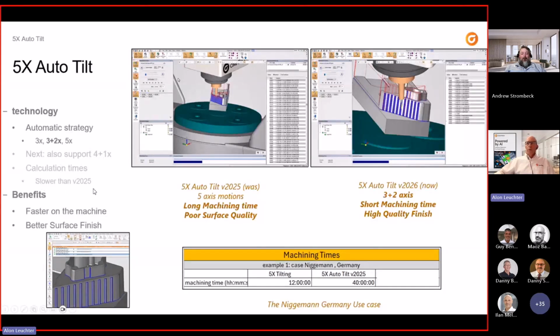You can expect calculation time to be slower than V2025, but it is still within an acceptable scope, and it's still most of the time faster than their own 5X tilting. So this is a major improvement, and you can play with it, test it, and recommend it to your customers. And by that,